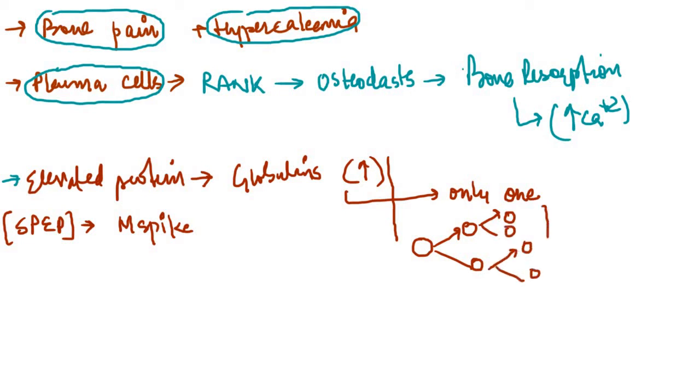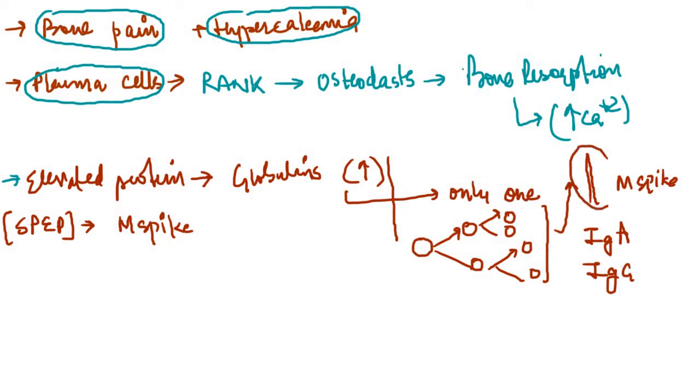So therefore there will be antibody which will be of only one type. Therefore there will be a characteristic spike like this, and this will be called as the M spike. Now you might be thinking which type of antibodies are produced, because you know that the antibodies are of IgA type, IgG type, IgM type, IgE type. In case of multiple myeloma, the antibodies which are produced are primarily of IgA type or IgG type. So therefore this M spike is due to elevated level of either one type of IgA or one type of